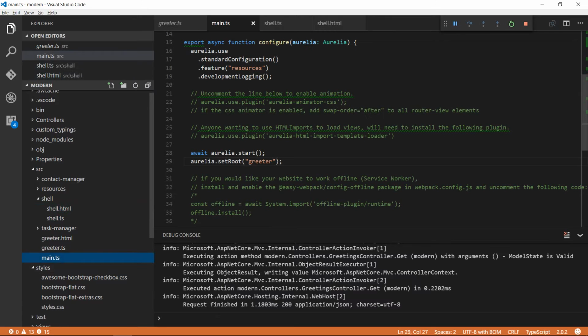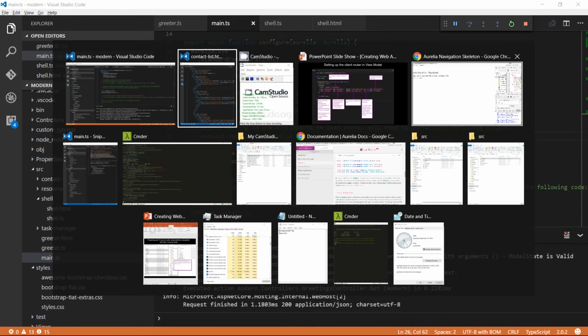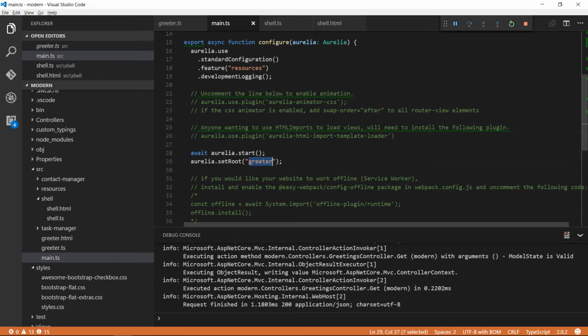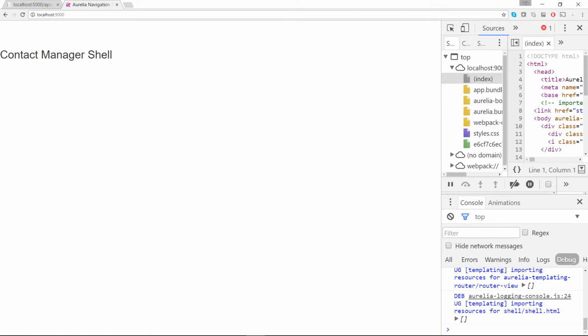So now that we've created our view model and view, what we need to do is go to the main.ts, and right now it is pointing to the greeter, as you can see. As soon as I change it to point to my component, which is shell, and it's inside the folder shell, so I had to give shell/shell. And I already explained that if you don't give any extension, it'll automatically load the component, which has its own view and view model. So it shows contact manager shell,